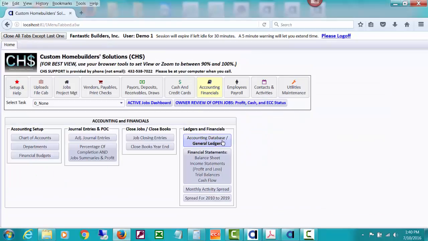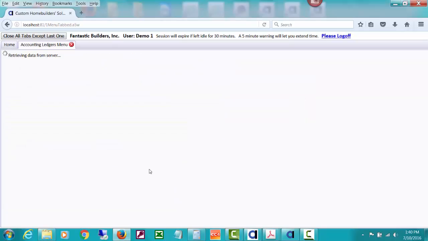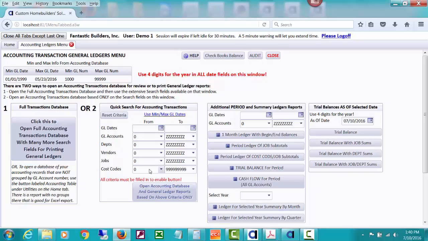And the other thing I wanted to point out is if you go to the menu for the accounting database and general ledger, in our previous video we talked about all kinds of searches we could do of that accounting database here. But if I want to just do a quick search, and we're interested in the year 2002 in this demo data,